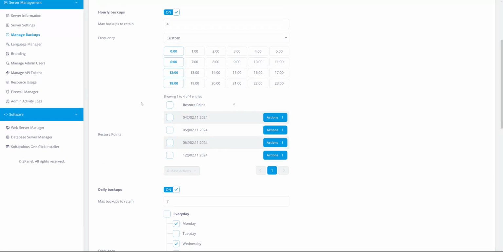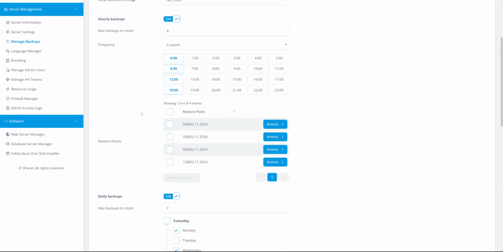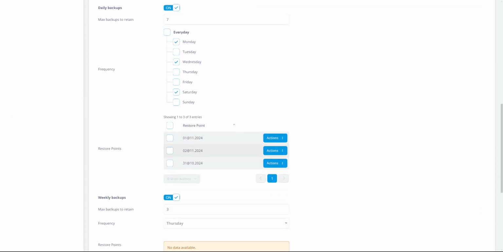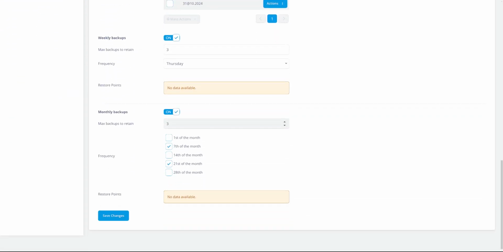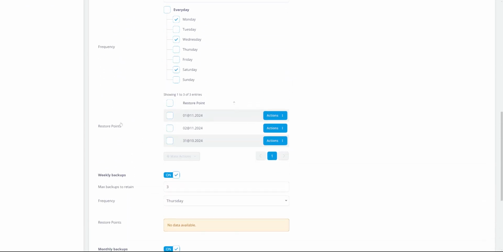Once the recovery points get generated, you will see the recovery points here for the different backup types. These backups were not generated yet, so there are no recovery points to be displayed, but let's look at the daily recovery points. Once they are here,